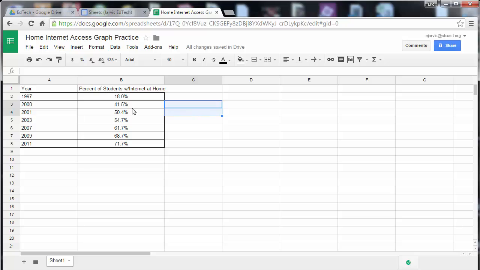So now what I want to do is make a graph out of this. This is a chart, home internet access of students. In 1997, 18% of students had internet at home, and then it's gone up to 71.7% in 2011. So select your data, and then you're going to go up here to the shortcut for the graph,